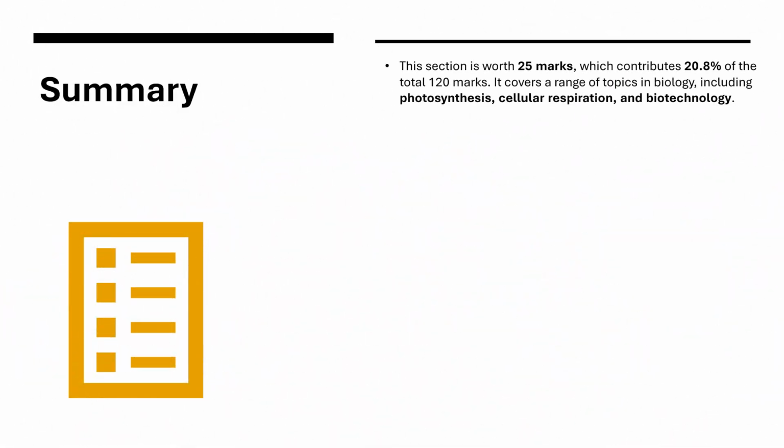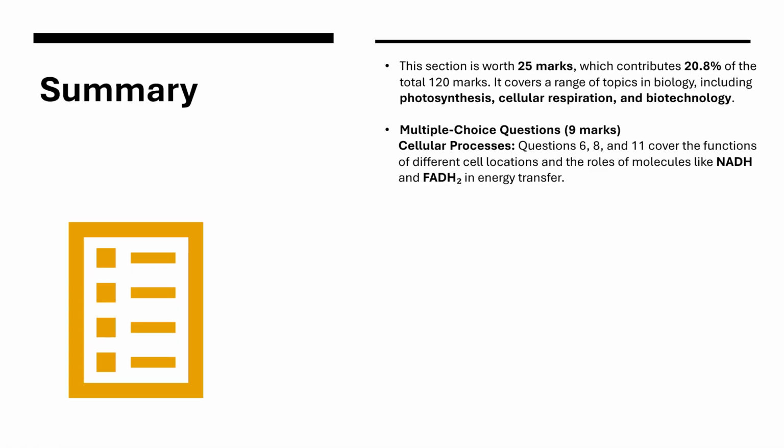This section is worth 25 marks, which contributes 20.8% of the total 120 marks. It covers a range of topics in biology, including photosynthesis, cellular respiration, and biotechnology. Multiple choice questions, 9 marks. This part of the exam focuses on core biological concepts, cellular processes,